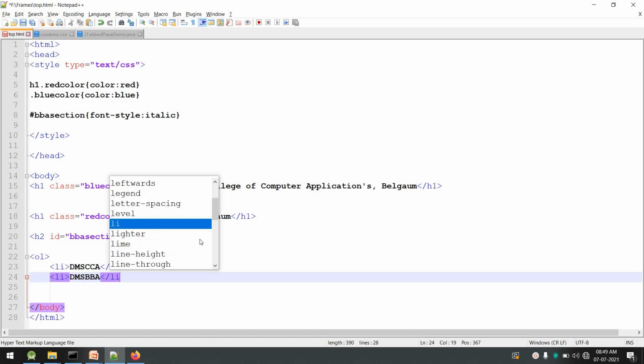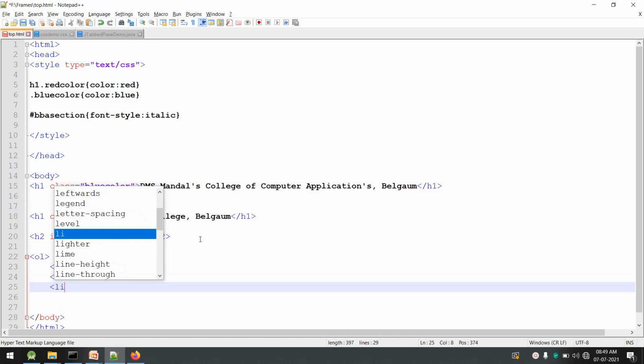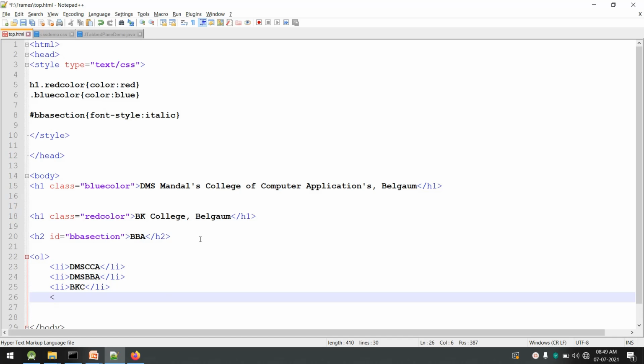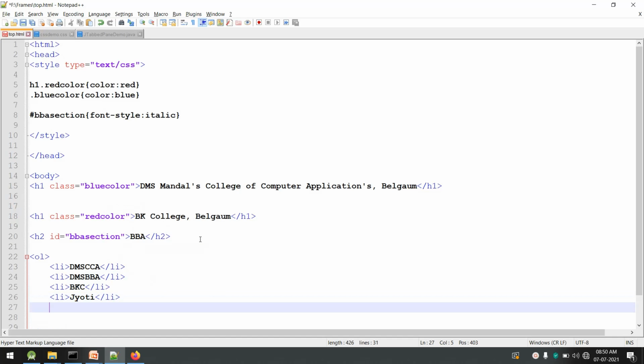This is also closed, and one more list item, that is BK College, that is BKC. And one more, that is Jyoti. Then we will close the ordered list.